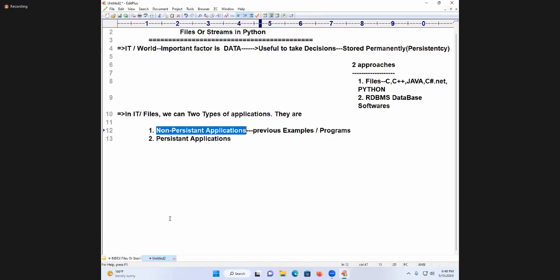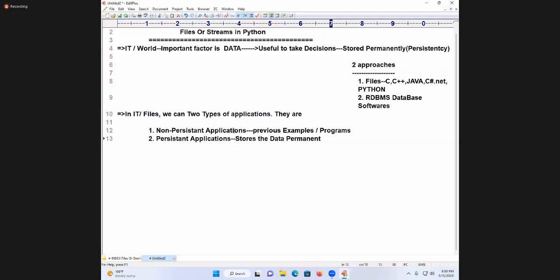Non-persistency, what did we get? We read the data from the keyboard, we processed it, and we showed the result on the monitor. That is known as what? Non-persistency. What is persistency? Transfer the result of main memory as a record in the file of what? Secondary memory is called a persistency application. What programming are we learning? Persistency programming we are learning. Are you getting my point? Let me talk about how many types of applications. Two types. One is what? Non-persistent, and what? Persistent applications do what? Store the data.